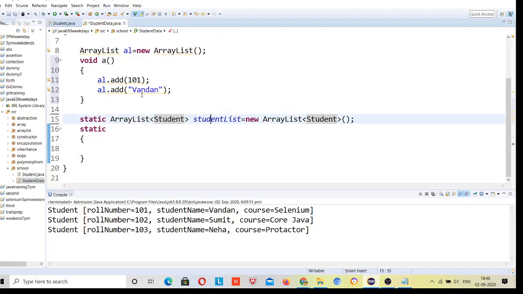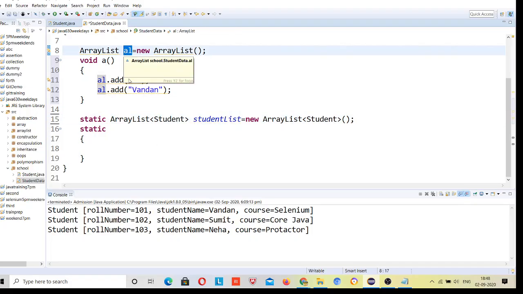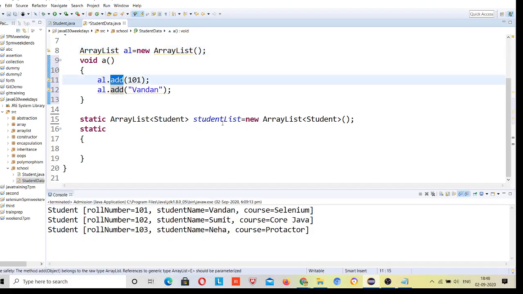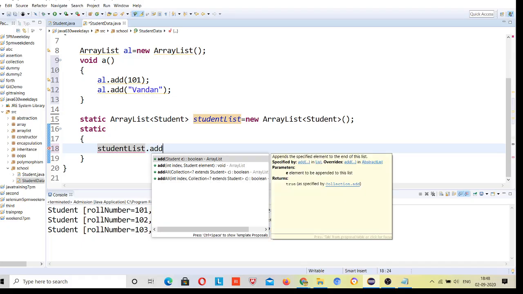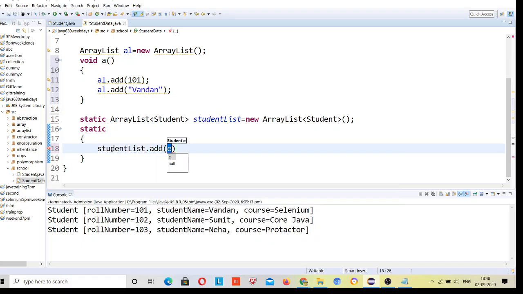First, simply use this variable dot add. This is also a variable, student list. Student list dot add, right? Now what do you want to add? A new student, you want to add an object.